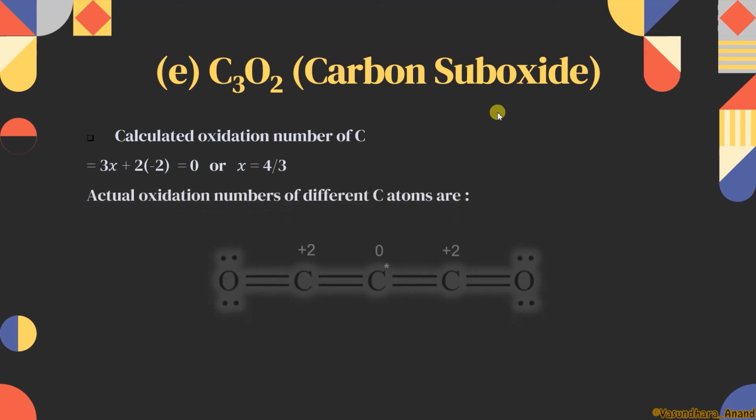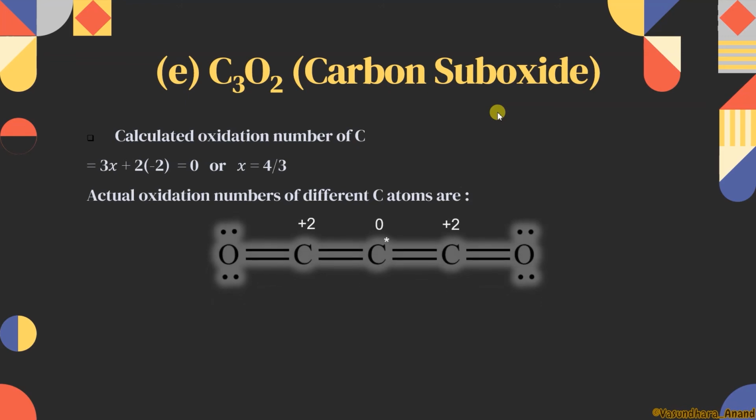So for this we have to find the structure. You know how to draw the structure. If you draw the structure, you will get it like this. 3 carbons are there, arrange them. 2 oxygens are there, we will distribute them equally. Outside first we will give, then we will come to the inner ones. The oxygens finish outside itself, so the inner will never get any. So this one is minus 2. This one is minus 2. So to make this 0, it will have plus 2.